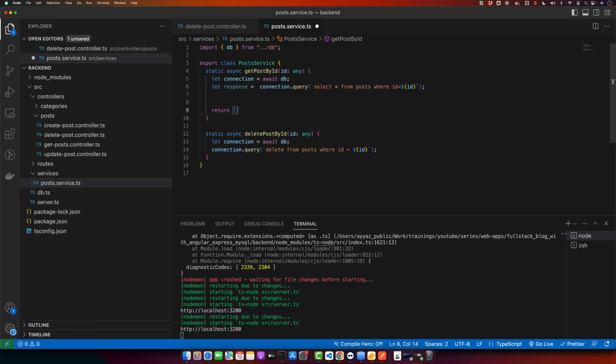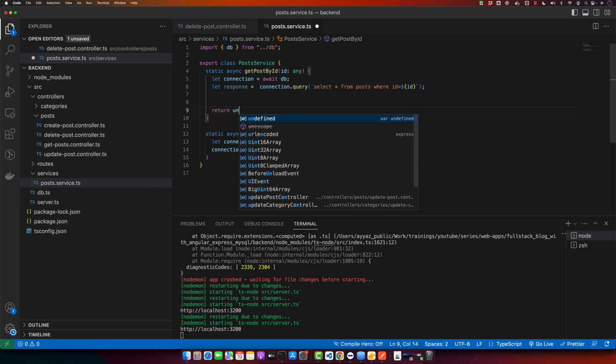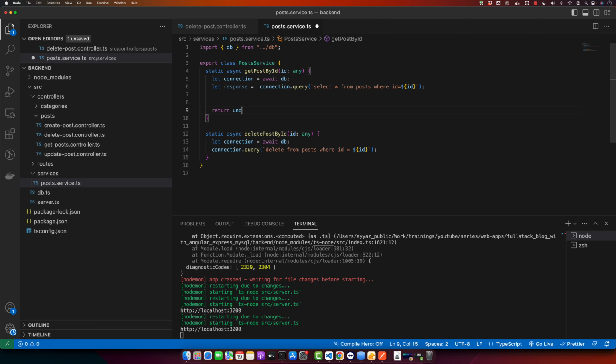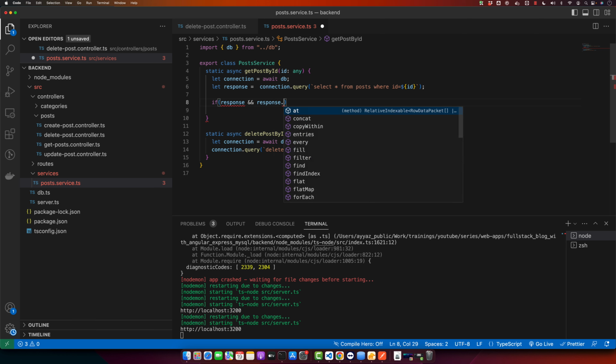Okay, actually not an array. By default I will send undefined. Actually, I don't have to return anything. If you don't return anything, undefined will automatically be returned. So I will say that if response is defined and if the length of response, actually I should have used await here as well,